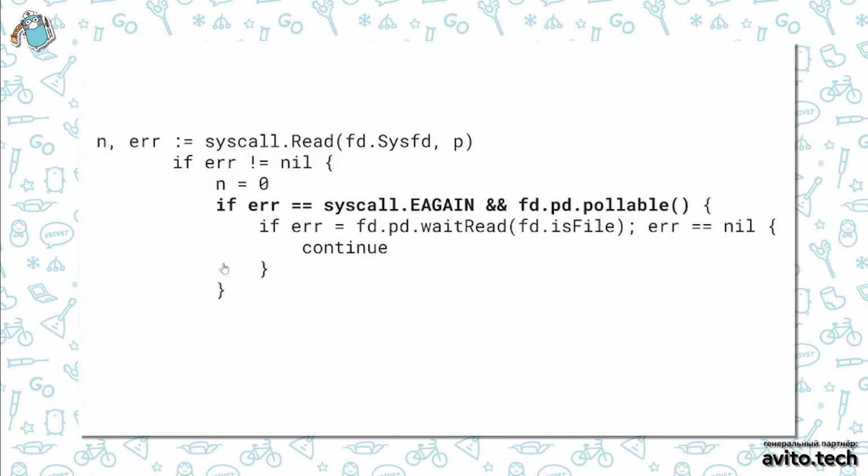Here is a partial implementation of the net.read function. As you can see, the first syscall is done and it explicitly says the resource is not yet ready. The coroutine will park until the network poller notifies it that the resource is ready. In this case, the kernel thread will not be blocked.